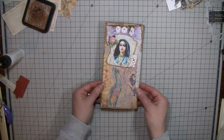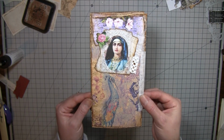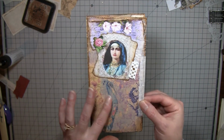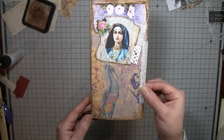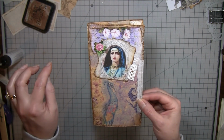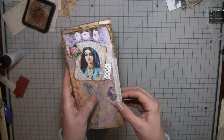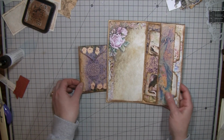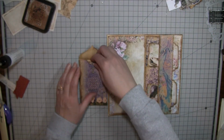So it came out like this, and I used, like I said, her Boho Bohemian Bazaar volume 6. It's got lots of the ladies and things like that, but it has just a few of these peacock images, and I didn't put anything down here because I wanted to see the peacock, and I printed it on the manila paper. This is another piece that I added up there. I just fussy cut around that, added a little piece of lace, piece of fabric, then it opens, and I added one of these envelopes that are also in her Boho Bohemian Bazaar. And this opens, and there's a